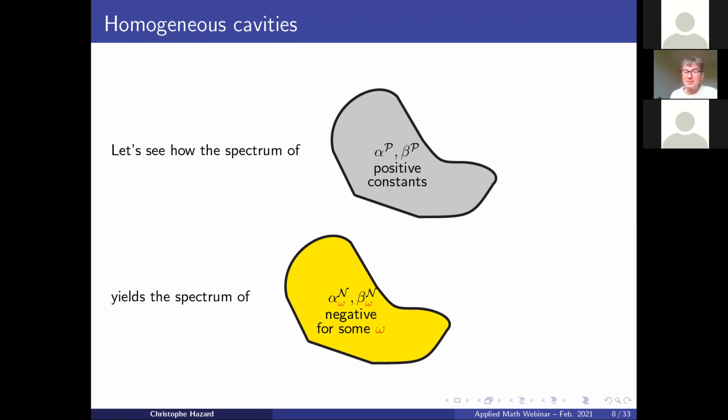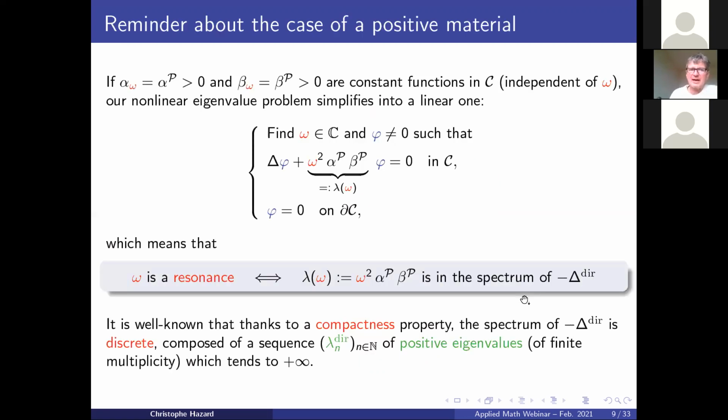That is very simple to see, the link between both problems here. So to show that, I have to recall some simple things about the case of a cavity filled by a positive material. So now I assume that my coefficients